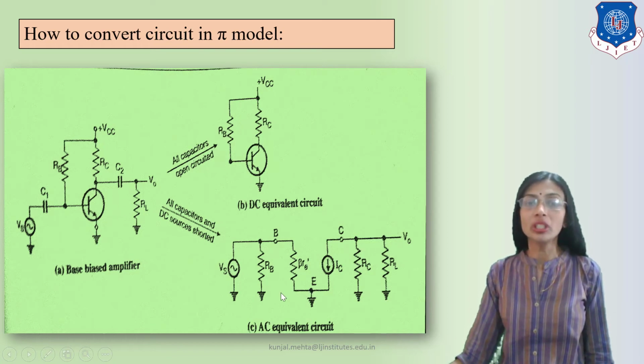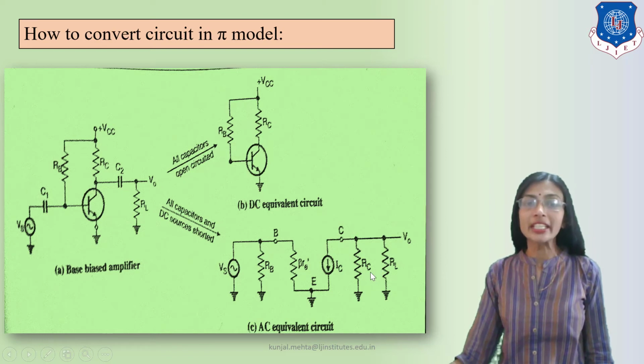So when we draw the reverse pi, we start with the common terminal, the emitter. Then I extract the diode internal resistance, which is denoted by beta r e dash, and on the right hand side the output port with the constant current source. The constant current source is nothing but IC, the collector current, the output current, with the downward arrow. This is the constant current source symbol. So this is the input section and this is the output section.